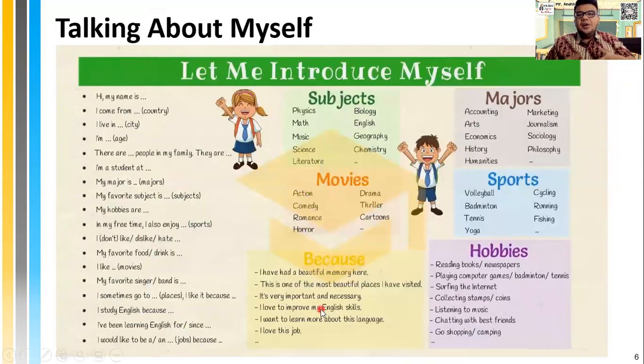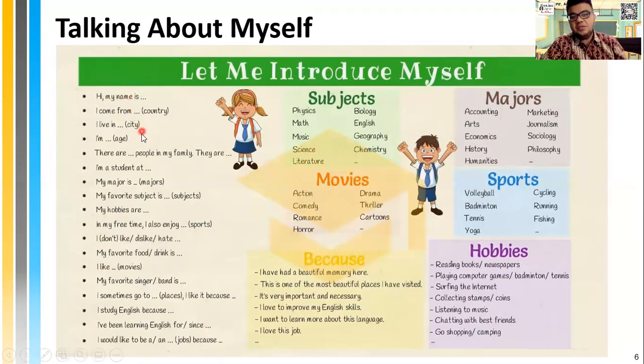We're not only introducing our names, everybody. We want to talk about ourselves: what subjects we like at school, what our favorite movies are and why, what our major is, what sports we like, what our hobbies are.